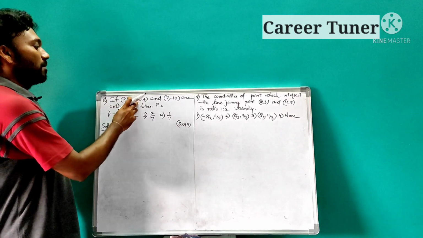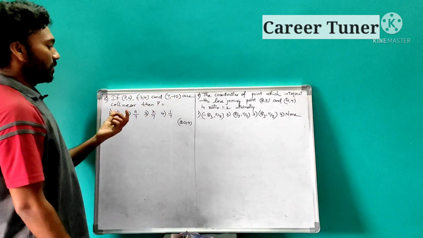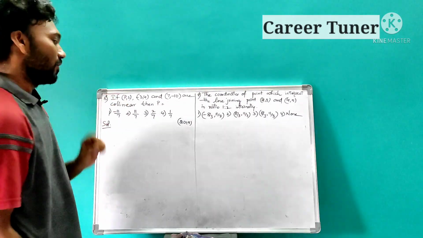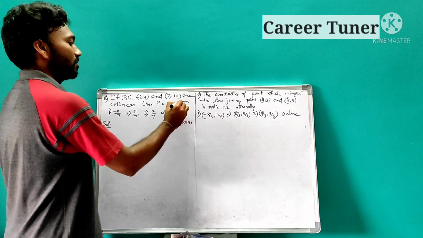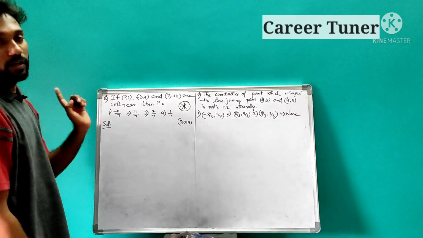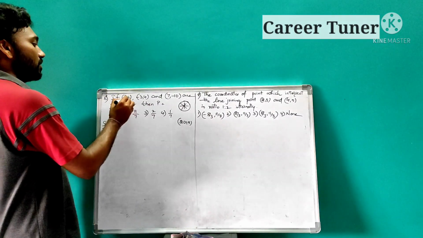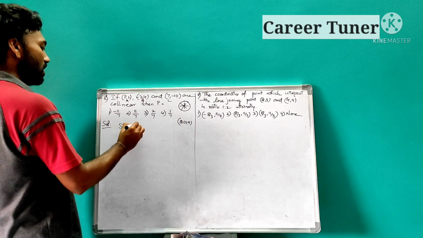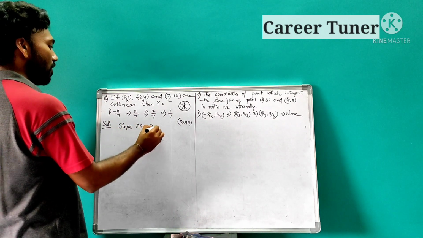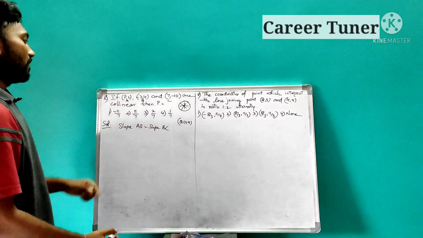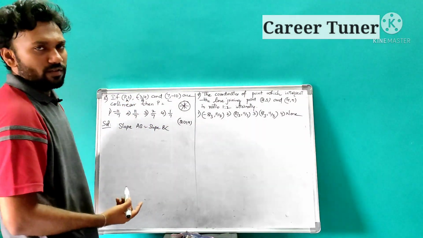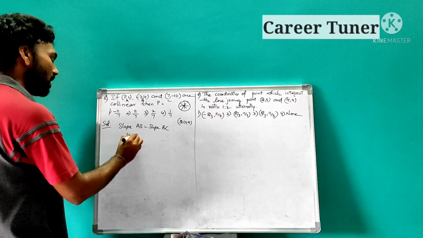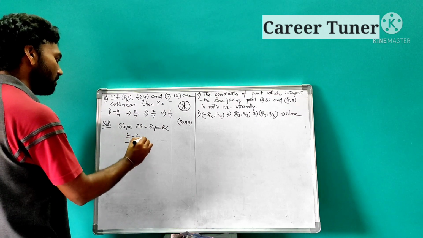If (p, 2), (minus 3, 4) and (7, minus 10) are collinear points, then what is the value of p? Similarly, we had asked the same question of the same model. Okay, so these types of questions are very important. Do remember. Okay, asking about collinear. So what is the condition? So let these be points A, B and C. So what is our condition? Slope of AB should be equal to the slope of BC. That's it. What is the slope of AB? Slope is equal to y2 minus y1 by x2 minus x1. So take the first two. So this is A and this is B. So it is 4 minus 2 divided by minus 3 minus p, which is equal to